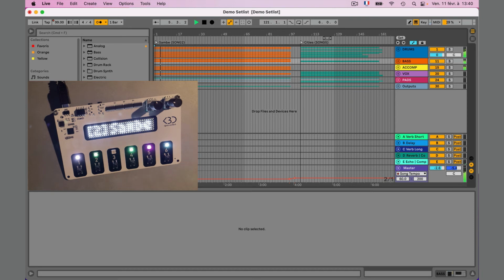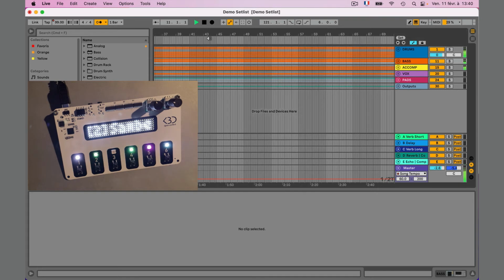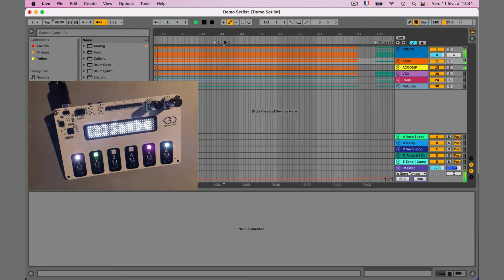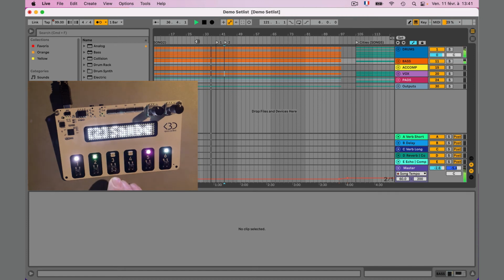Another possible use of the arrangement is to set locators to create loops inside the songs. Let's say I want to have a loop in my song Sambe from bar 39 to bar 43. I just set the locators at the corresponding positions. And while I'm inside the loop zone, I double press button 3. This will place and activate the arrangement loop over the area.